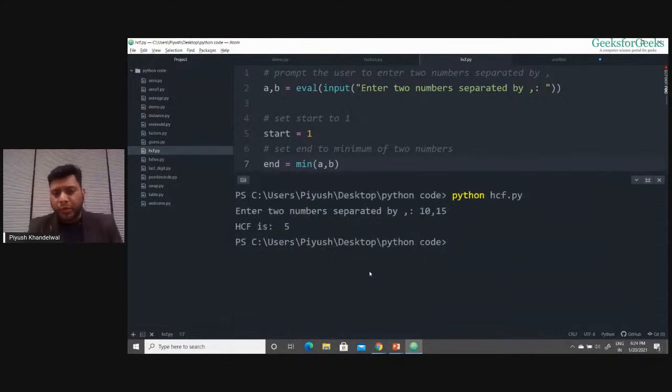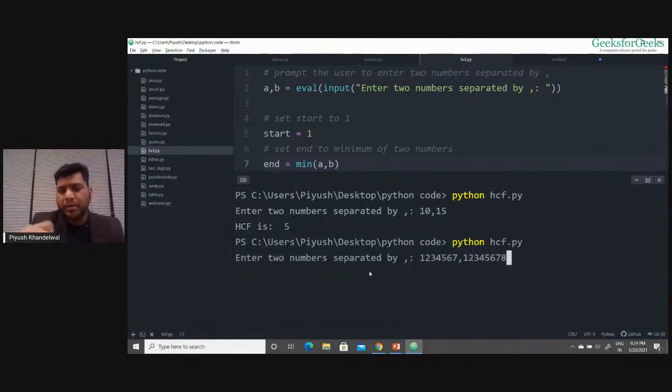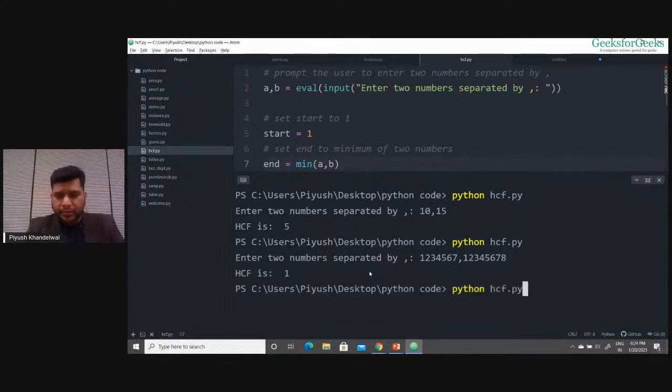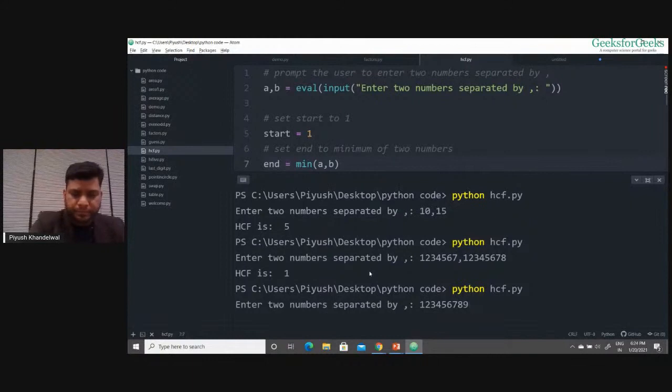Now the problem with this code is, if I try to run this and give two large numbers like this, suppose I want to compute the HCF of these two numbers. If I run this, you see, it is taking a lot of time.